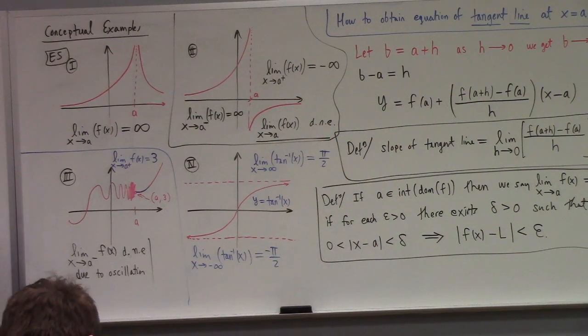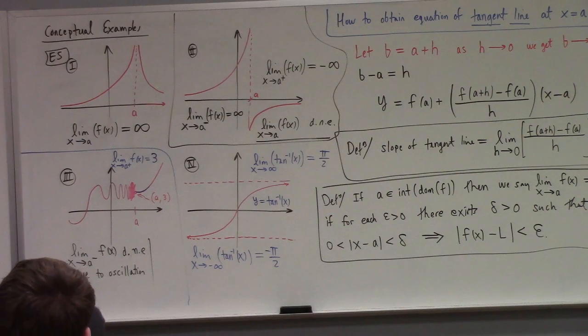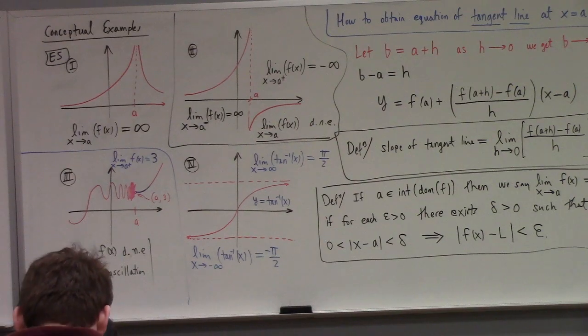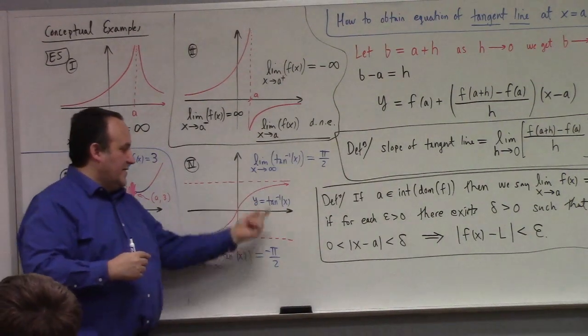Because the inverse tangent's graph is the graph of the tangent for which it's the local inverse. So inverse tangent is the inverse to tangent restricted to minus pi over 2 to pi over 2. So the domain of the tangent, which is inverted, is minus pi over 2 to pi over 2, not included. So the range of the inverse is that domain, which is namely minus pi over 2 to pi over 2, which is to say that the limit as you go to really, really large positive or negative values is respectively plus or minus pi over 2.